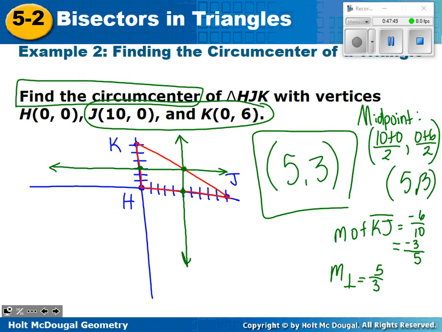So let me draw in some more points here. So I would go down 5 and then left 3. And then I could draw in that line for my perpendicular bisector. So be careful. If they're not nice and easy vertical and horizontal, think, okay, I've got to find the midpoint and I have to find the opposite reciprocal slope, graph the line, do it again until you find where they cross. Any questions on circumcenter of a triangle? Okay, so Monday,